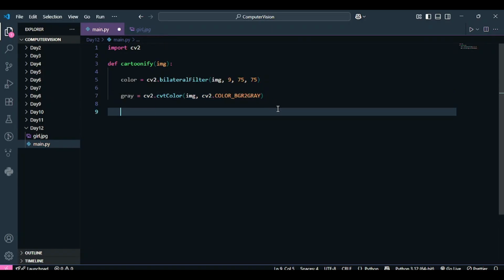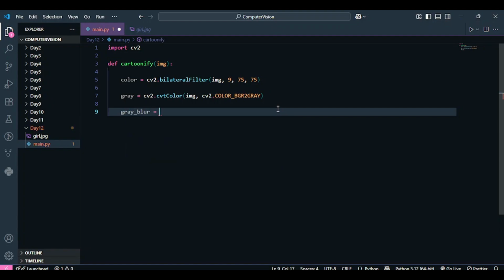Now I have successfully converted my image to a grayscale image, but now I have to blur the image as well. Why do I need to blur the image? So that I can remove the noise from the image, because an image can have a lot of noise, and a webcam can also have a lot of noise. In order to get a very accurate or very cool cartoonified effect, I need to remove the noise from the image.